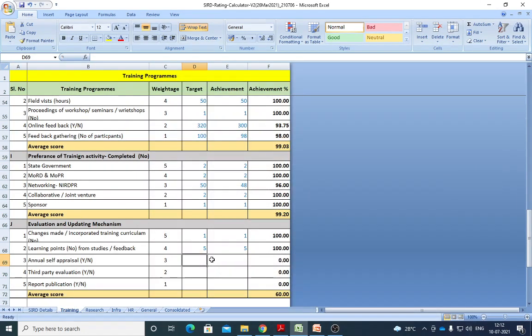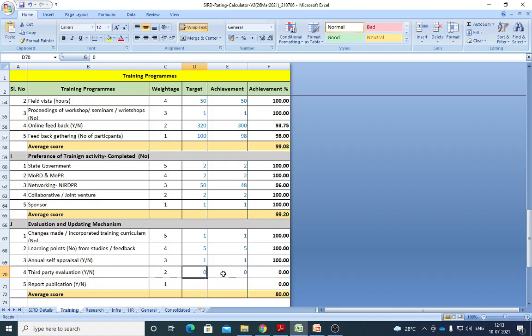You have to make sure that yes, I have conducted it, it is done. And third party evaluation: previously, for all training programs, have you done any evaluation with a third party agency? They have done those reporting. You are trying to check your training need assessment also, you can do that. And whether you have done those kinds of exercises or not. Yes, I have not done, you can put it.